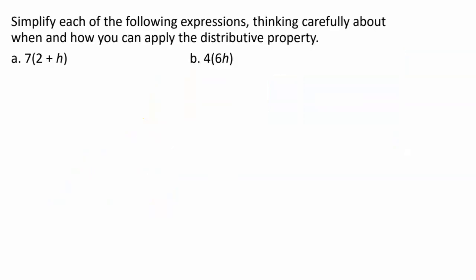Now, if we look at 5, it's asking us to simplify each of the following expressions. Okay. Now, think carefully about when and how. This is purposely put there, this when and how, because they're combining old stuff and new stuff. Can you tell the difference of when the distributive property needs to be used and when it doesn't? Well, if we look at A